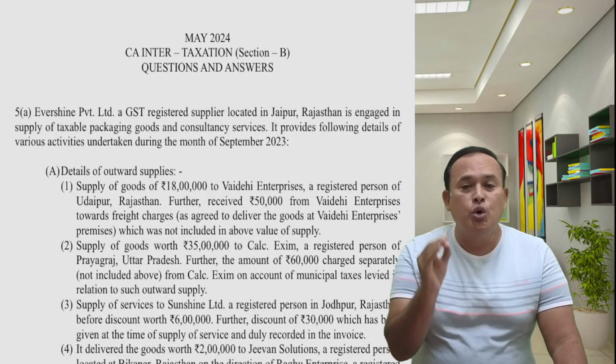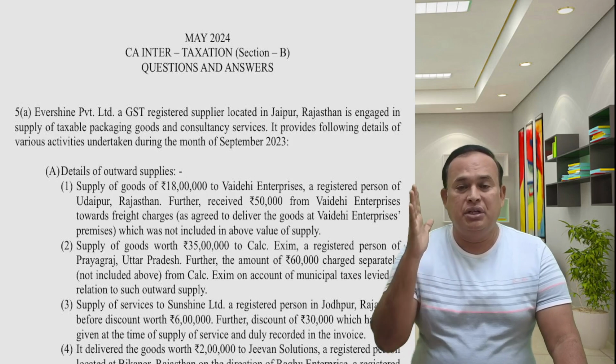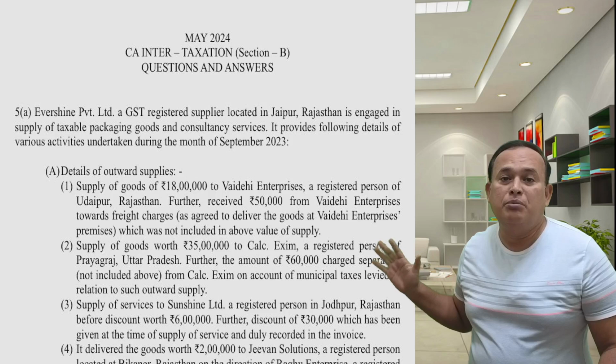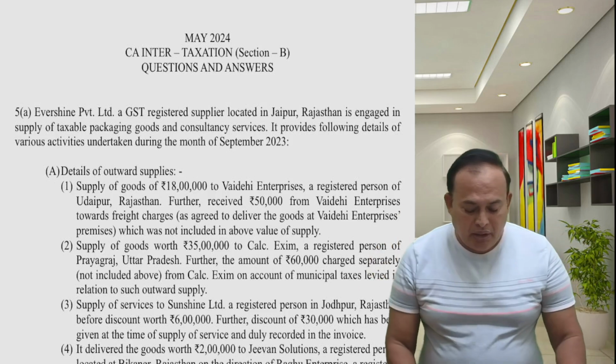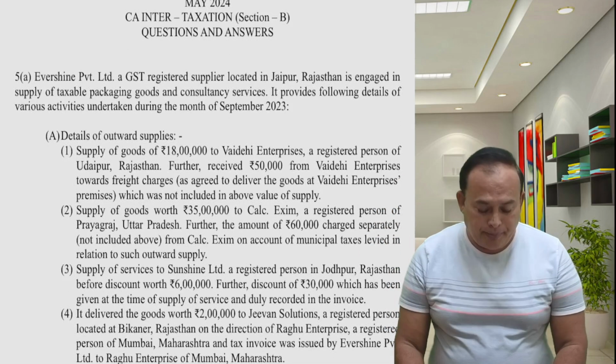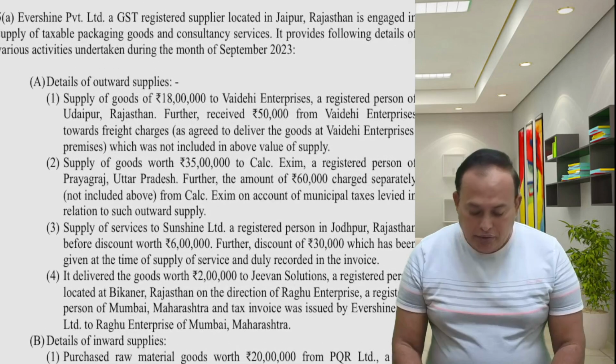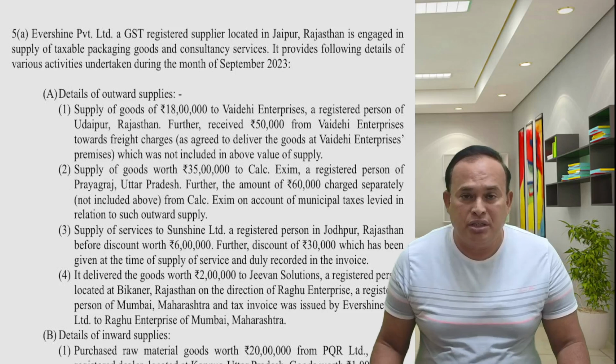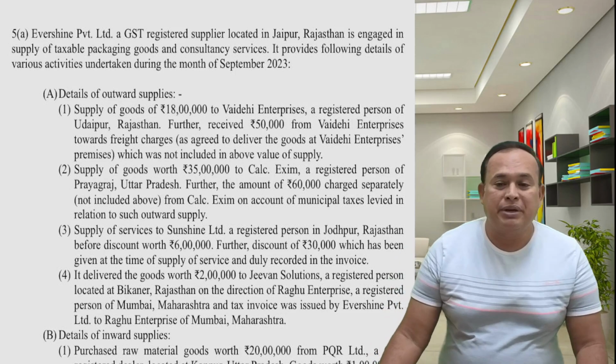I am referring to you the CA Intermediate May 2024 question paper, Taxation Section B, with regard to Goods and Services Tax. The 50 marks question paper answers I am presenting one by one is as follows. The first and foremost, a comprehensive study type of question has been asked at intermediate level, which I am reading as follows.